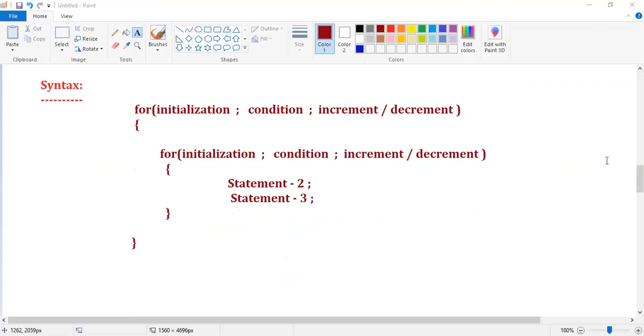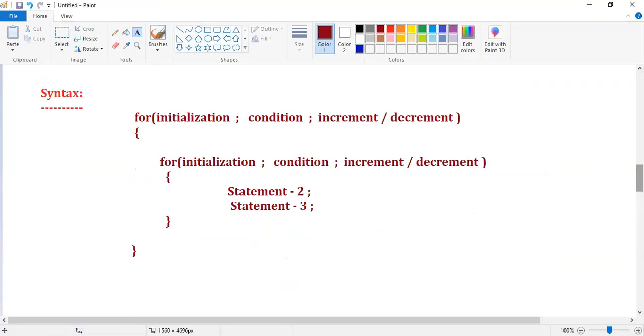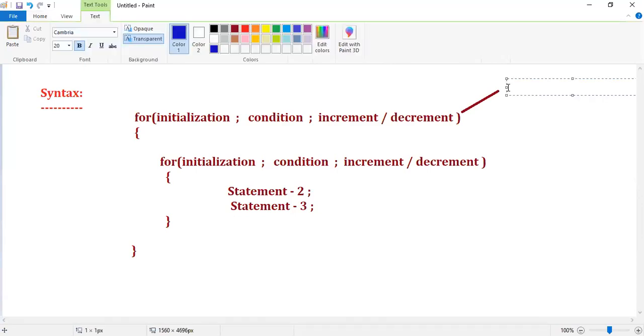Here, everyone tell me, guys, first control comes to where? This first loop is called as an outer loop.